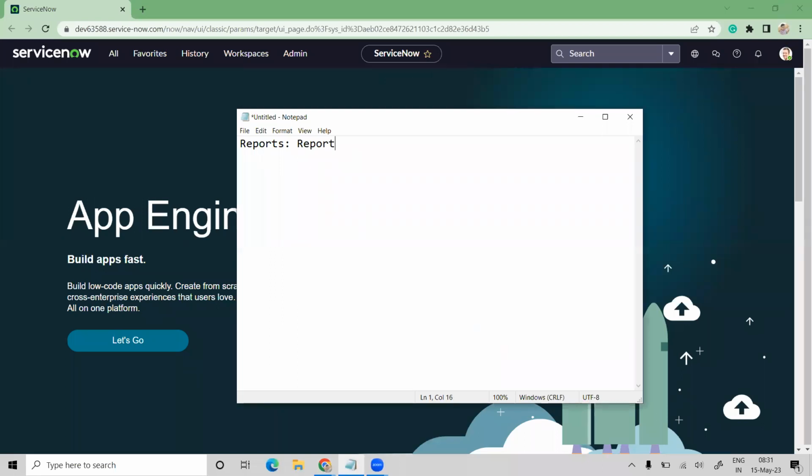Reporting enables you to create and distribute reports that show the current state,